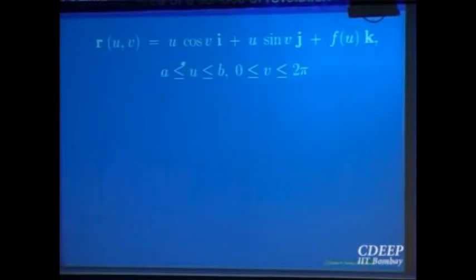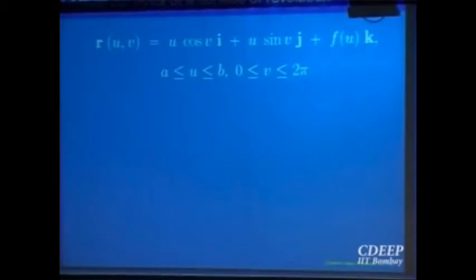That is given by u cos v i, right? x is equal to r cos theta, y is equal to r sin theta. Is it okay? This is where u goes from A to B. Essentially, instead of x we have written u, that's all. And the polar coordinates have the radius fixed as f(u). So v goes from 0 to 2 pi. So this is the parameterization now.